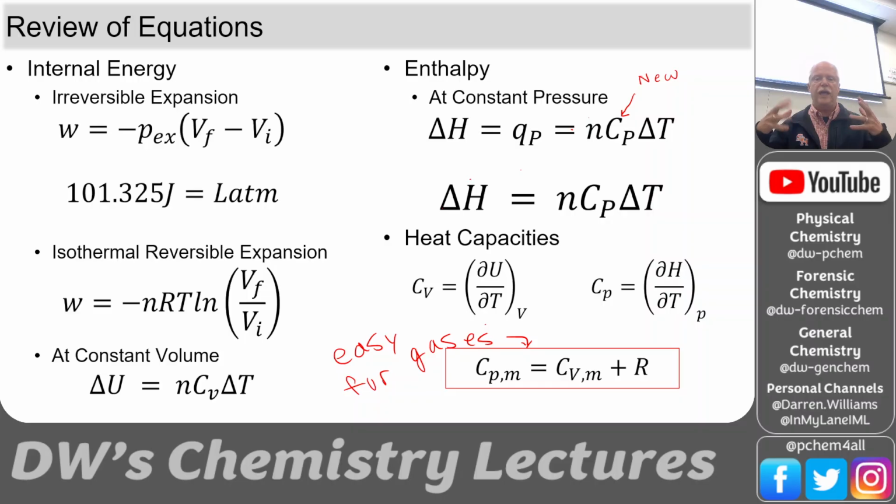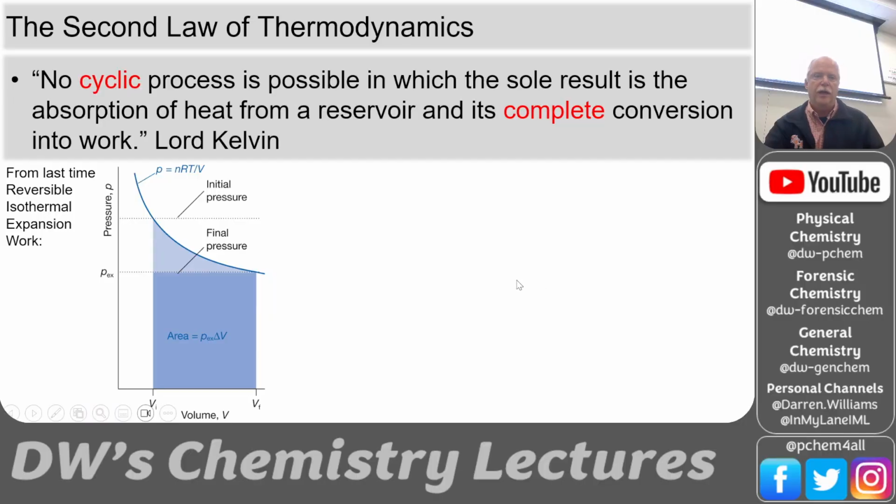So we're going to do heat engines where we have a working gas, whether it be helium, a monatomic gas where you only have translation, or maybe nitrogen and oxygen where you have linear molecules, so you have 5 halves R, or a nonlinear molecule like water or something like that. Okay, now let's get into the second law of thermodynamics. All of that was review, with the exception of the CP stuff.